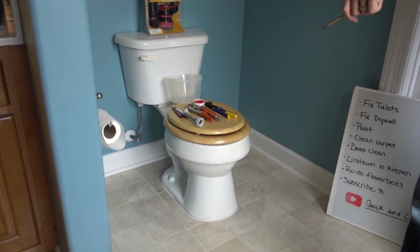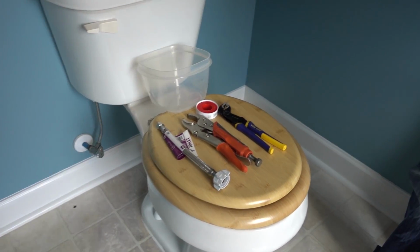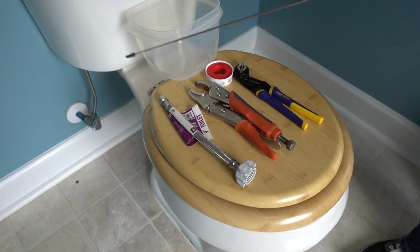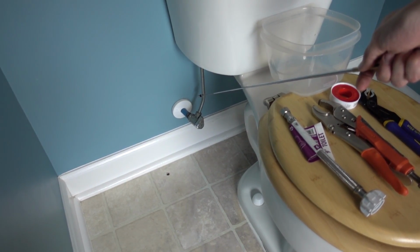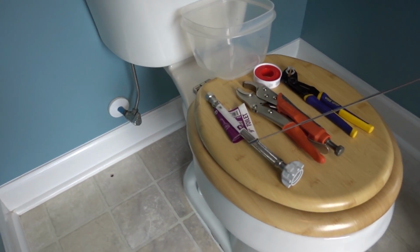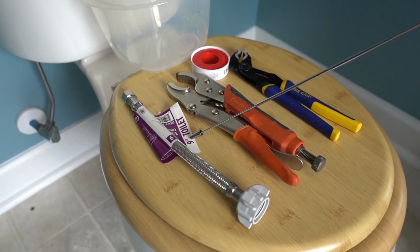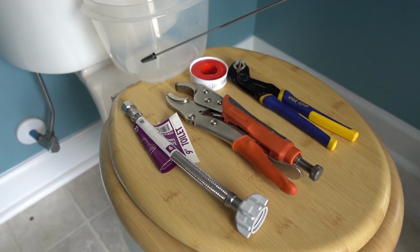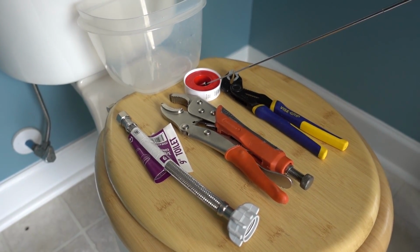These are the things you're going to need to accomplish the task that we're going to undertake today. Number one, we've got a hard line down here. I don't like these, so I'm taking that off and I'm going to replace it with this flex line. It's a 9-inch, so it should be plenty long. We've got vice grips, plumber's tape,